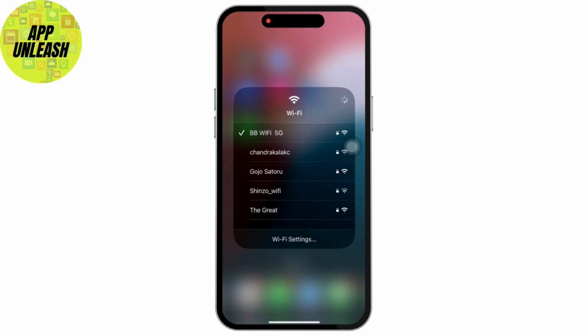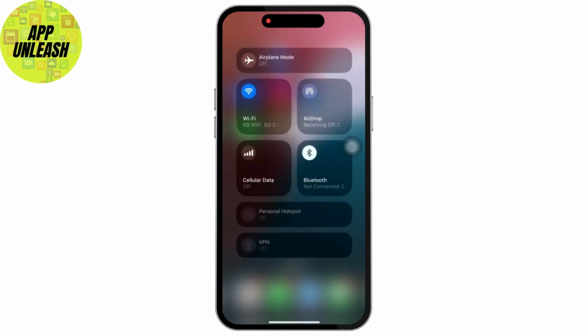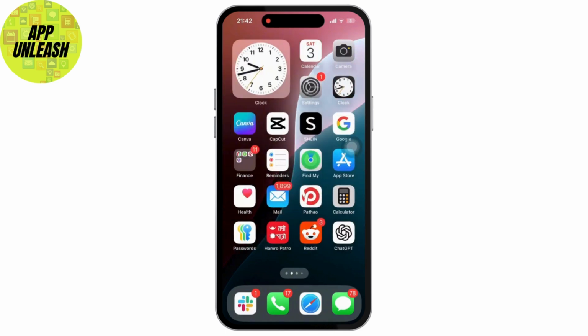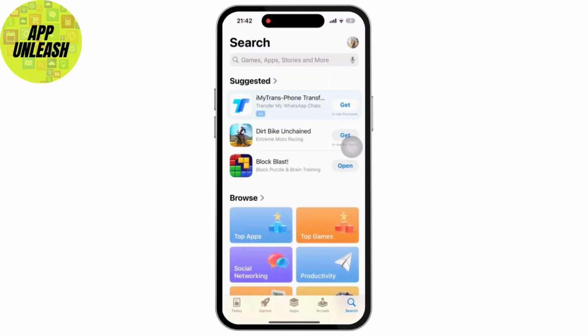And if other apps are working just fine but it is just your Instagram Reels, then all you have to do is force close and reopen Instagram. And if this also does not work, then simply go to the App Store from your home screen and simply tap on it. Now once inside App Store, simply search for the Instagram app